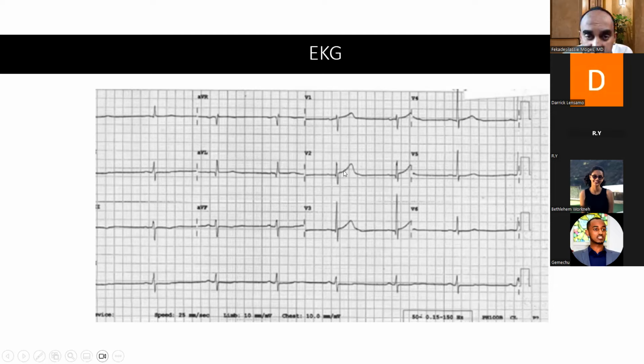If you see here, it looks like elevated, but it is not. From the isoelectric point, the J point, it has to be more than 2 millimeter elevation to qualify as ST segment elevation in V2, V3, and others. So there is no T-wave inversion, ST depression, or ST elevation in any of the leads. So the EKG is as such okay. So, if we are still thinking of acute coronary syndrome, which one are we dealing with?